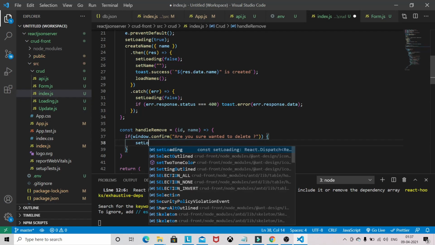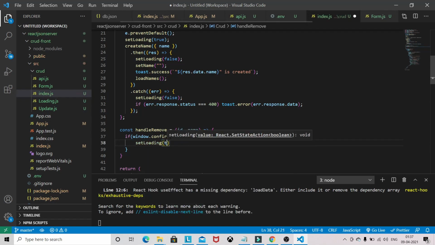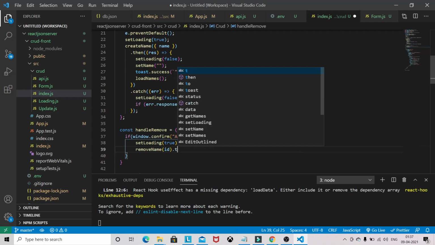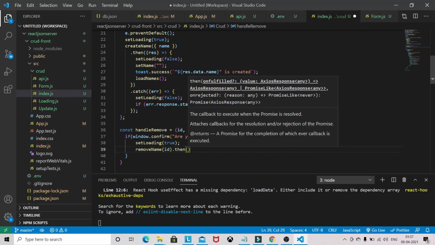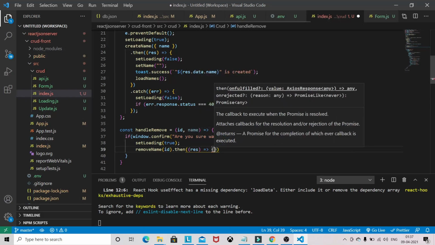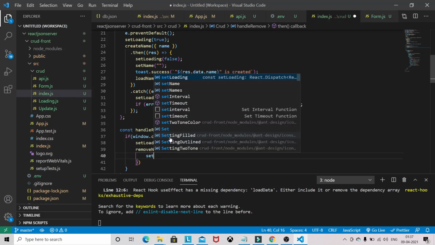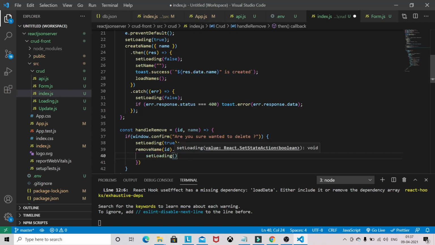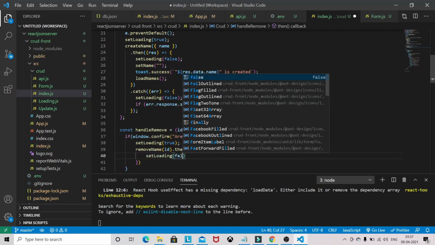Then setLoading again, set to true. removeName, I will pass the ID only, and setLoading false.